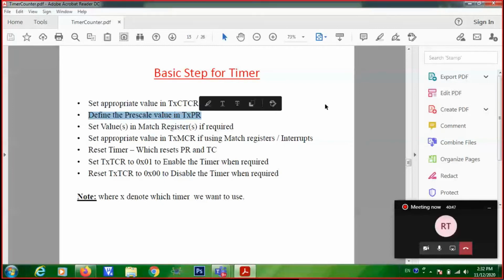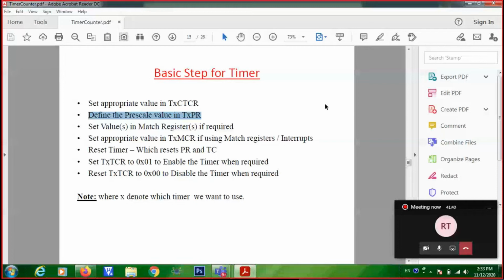Right? So in my case, I am going to generate a delay of 500 millisecond. So what should be the resolution of the prescaler, or what should be the resolution of the timer? Resolution will be 1 millisecond, and the timer counter will increment how many times in order to get 500 milliseconds? 500 times, 0 to 499, right? So your resolution will be 1 millisecond, and you will allow the timer counter to increment up to 500.